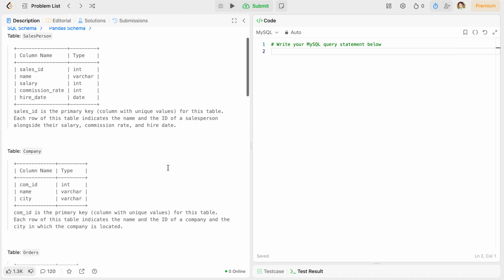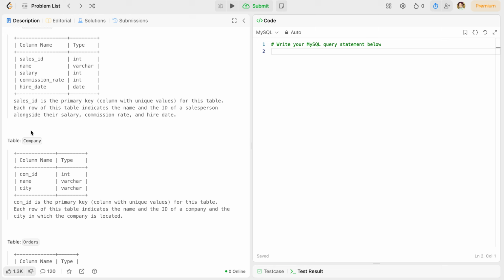and the hire date. They have also provided another table called company with columns com ID, integer data type, name of the company, varchar, and city, varchar. So here they have given that com ID is the primary key for the company table, and each row of this table indicates the name and the ID of a company and the city in which the company is